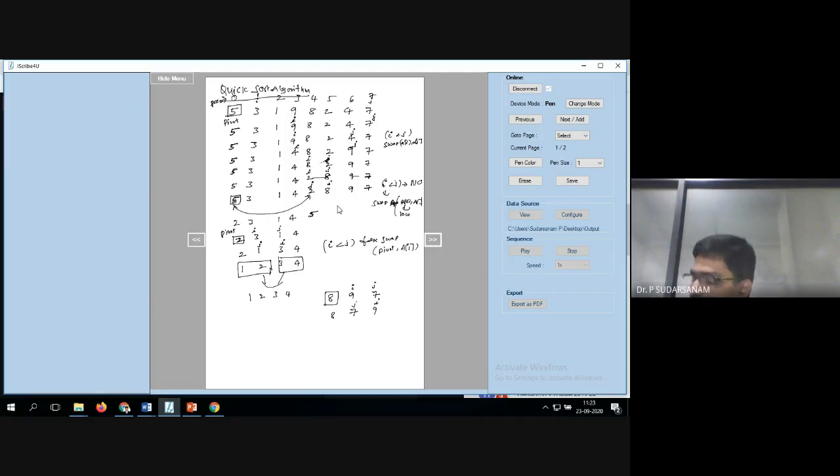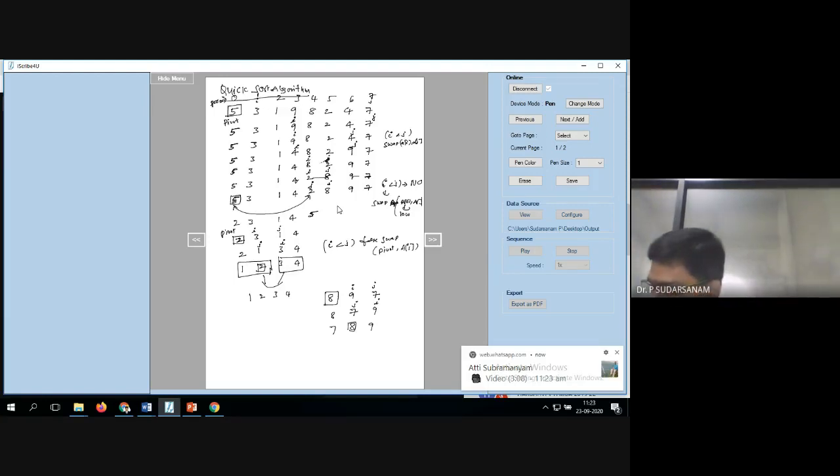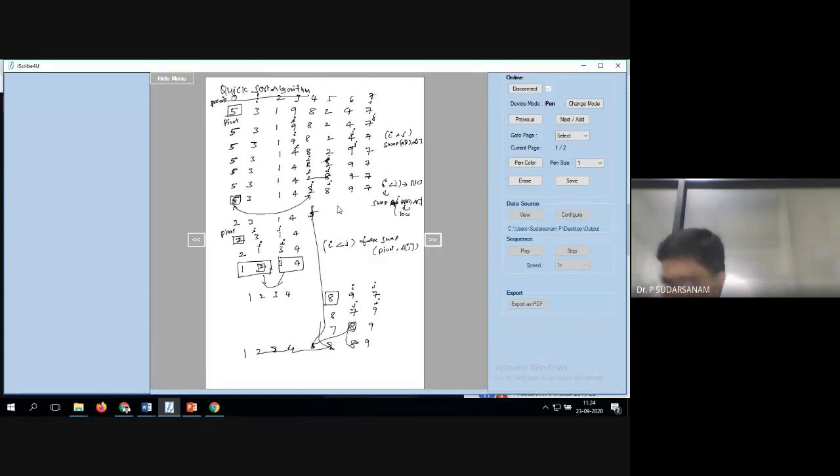No, decrement the J value. Now swap this value: 7, 8, 9. This is called the pivot element, with the left hand side this one and the right hand side this one. Here also the same thing, 2 is the pivot element, with left hand side 1 and right hand side this one. Make the I value and J value and do it. So finally you will get the sorted order: 1, 2, 3, 4, 5, 7, 8, 9.